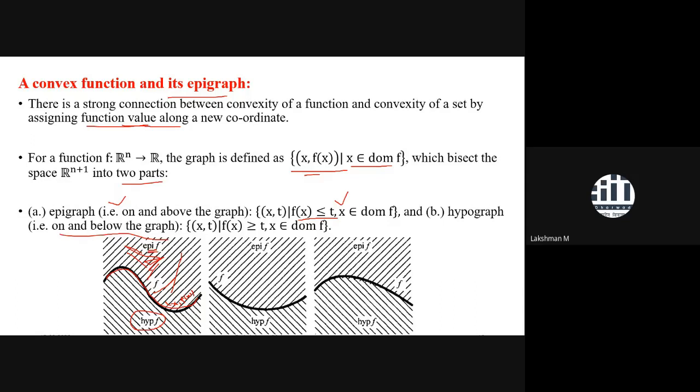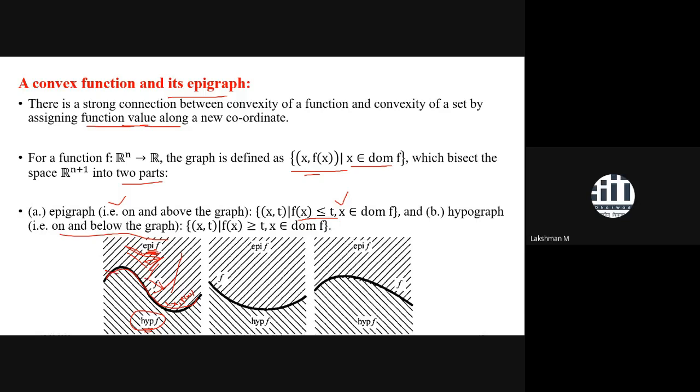Epigraph is important for convex functions and hypograph is important for concave functions. We are not going to discuss concave functions because the theory is similar. If a function is convex, then the negative of that function would be concave, so we will stick to convex functions only. And here, after drawing the epigraph for this function, clearly you can say the epigraph is not a convex set, because if you take a point from the epigraph, and another point in the epigraph.